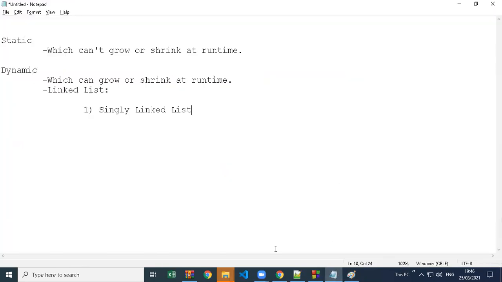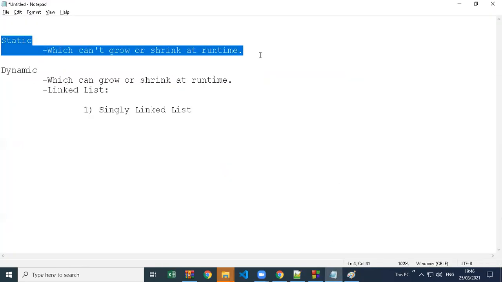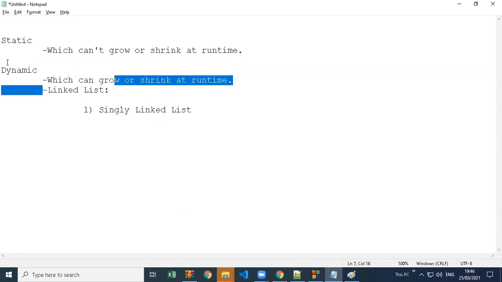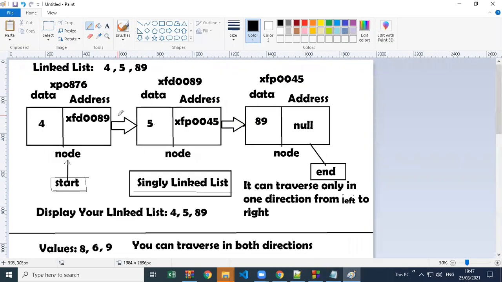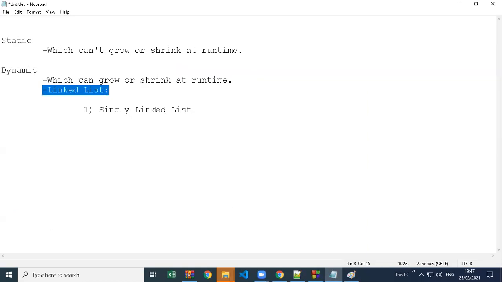So there are three ways. Remember, we have a static array which cannot grow or shrink at runtime, and a dynamic array which can grow or shrink at runtime. To implement this dynamicness in your array, you have to create your own array, which is called a linked list, because the memories are created by us and they are linked with each other. That's why it's called a linked list. It has three types: singly linked list, doubly linked list, and circular linked list. So there are three types of linked list